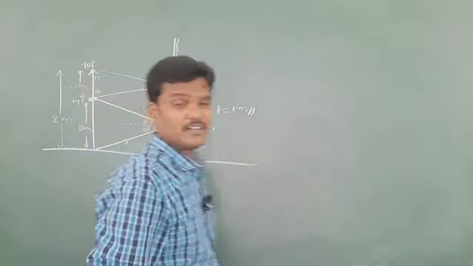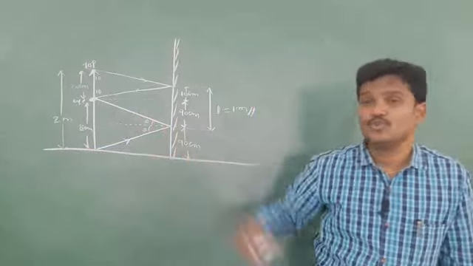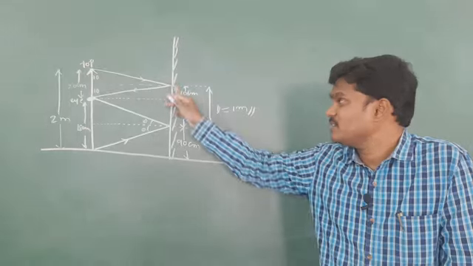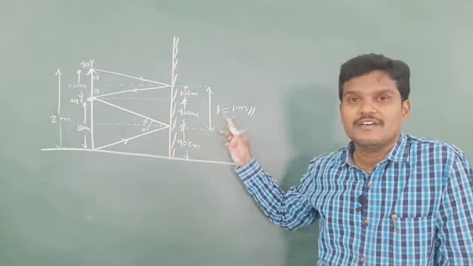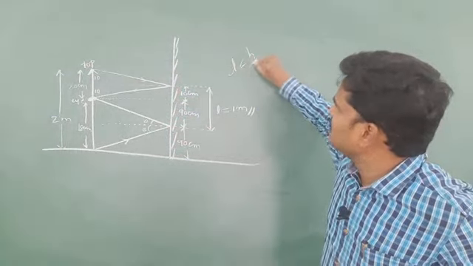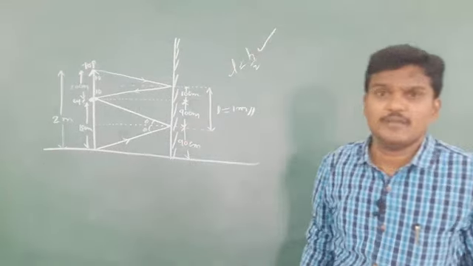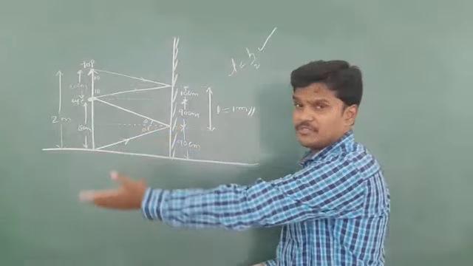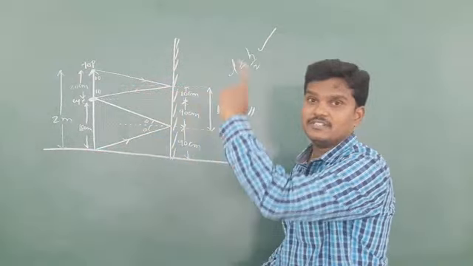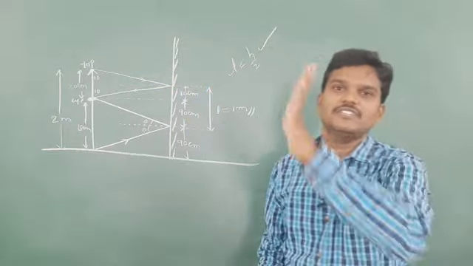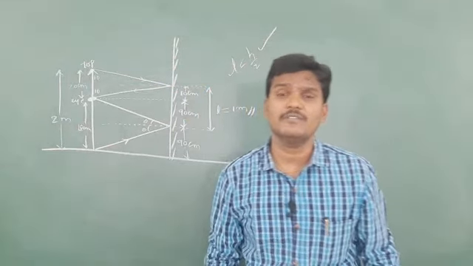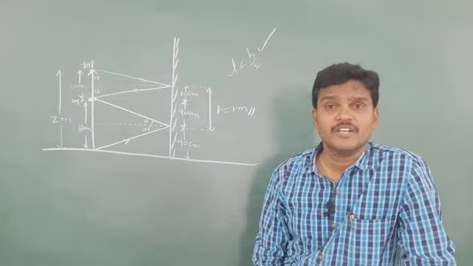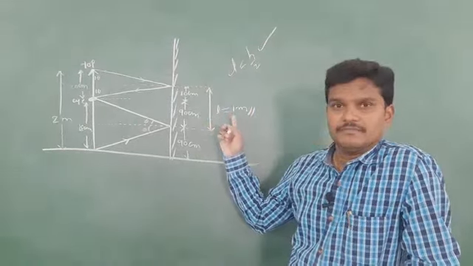What is the height of the mirror? Sorry, the height of the person? 2 meter. What is the length of the mirror required by him? The length of the mirror required by him is 1 meter. Again, is L equals h by 2 applicable or not? Yes, it is applicable. And to what height can we shift the mirror? If you shift it up to 90 centimeter height also, he is able to see the clear image inside the mirror. But the length of the mirror required by him is 1 meter.